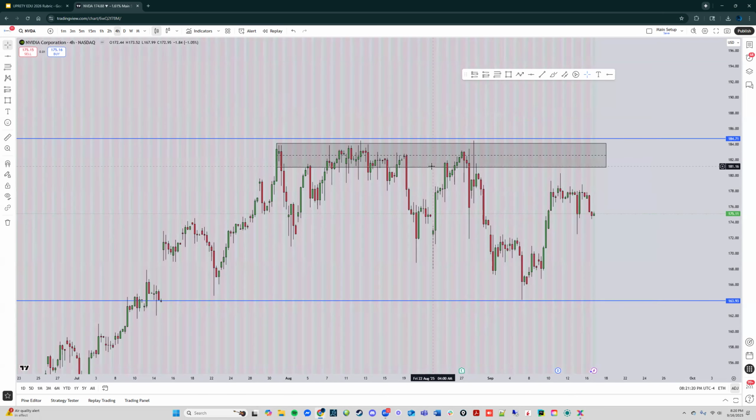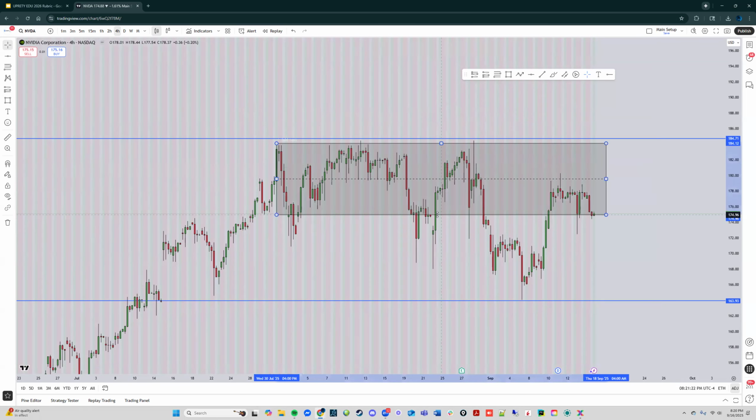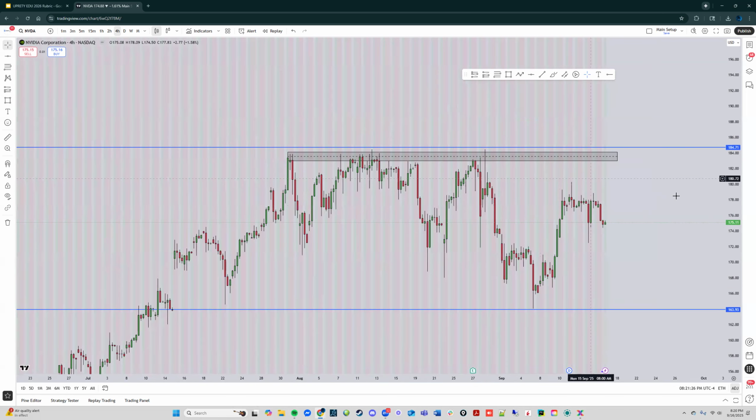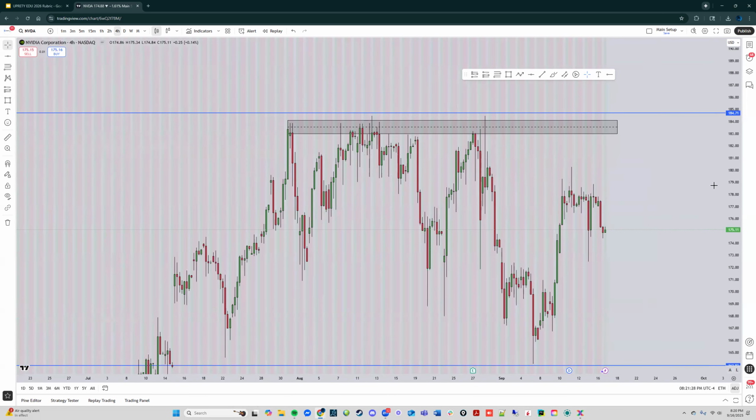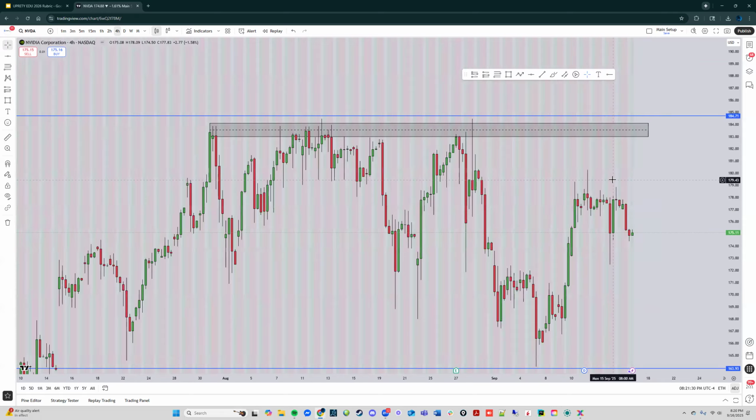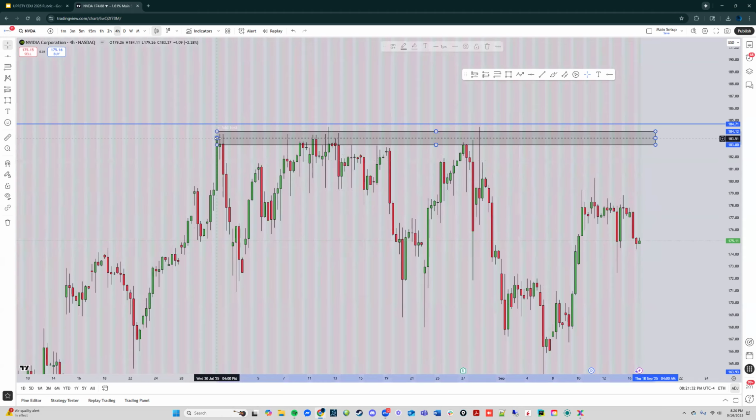Because the question now becomes, do I make my zones like this? Do I make my zones like this? Do I make my zones like this? There is no right answer, but I will show you how to get the perfect zones as close as you can get. Whatever candlestick you started at, you want to draw the top of that. Once we have the top,